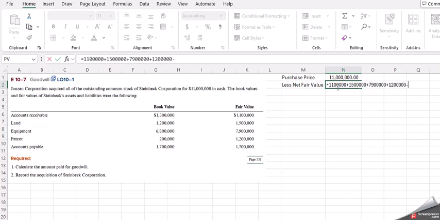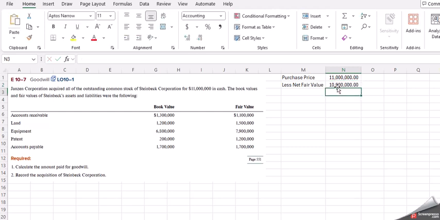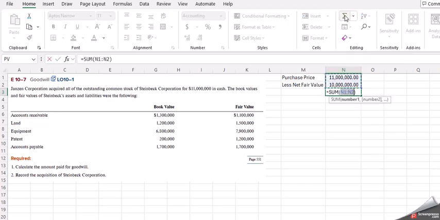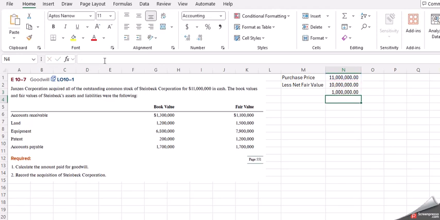Then I subtract out the accounts payable because I'm assuming that liability as well. Then that leaves me $10 million of the fair value of the assets. And then I'm going to subtract those though. So then the price that I pay minus the fair value of the assets gives me my goodwill. So then that would be the amount paid for goodwill. When we would record it,